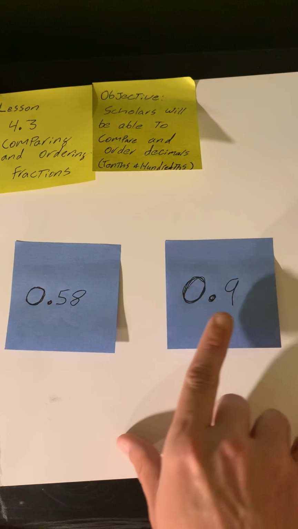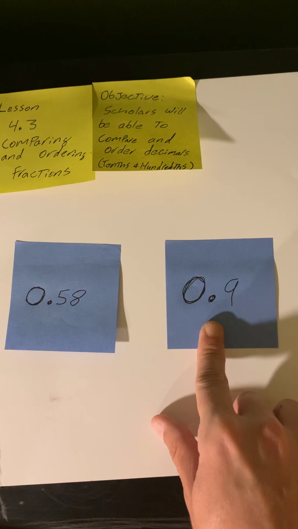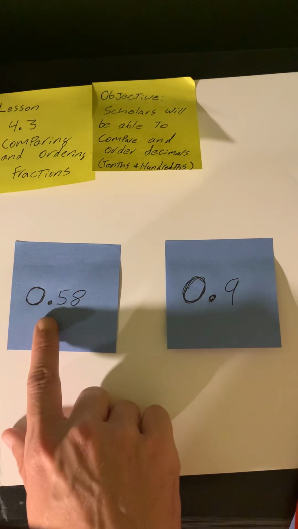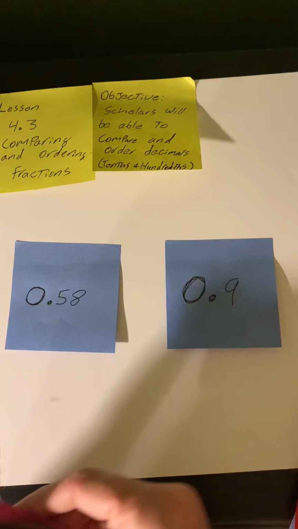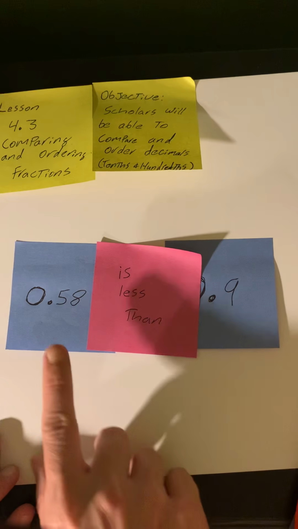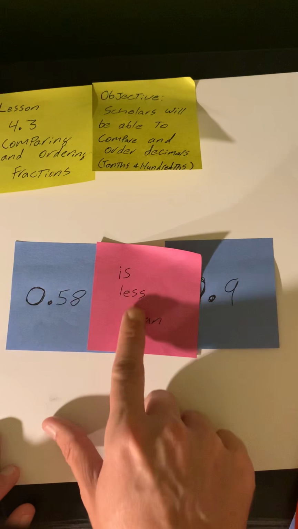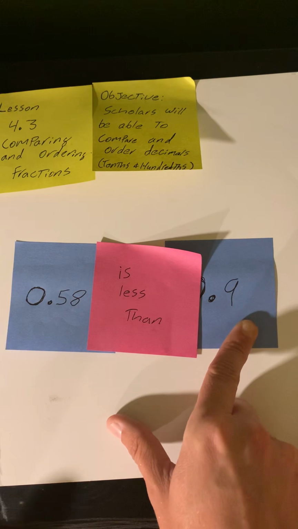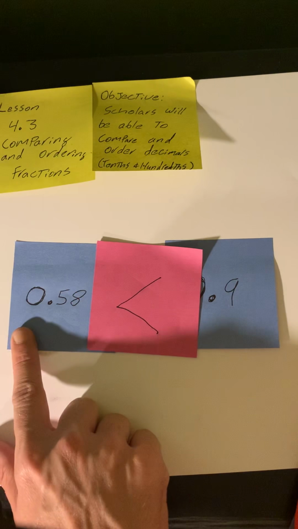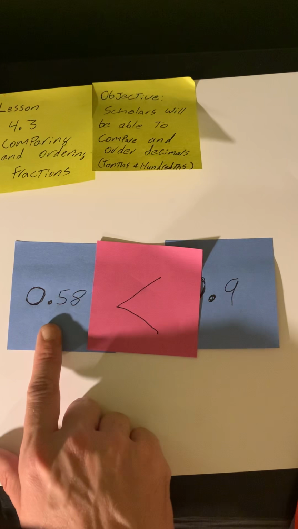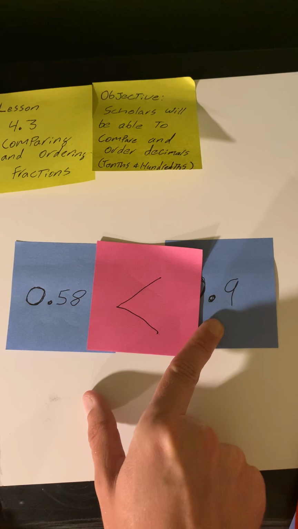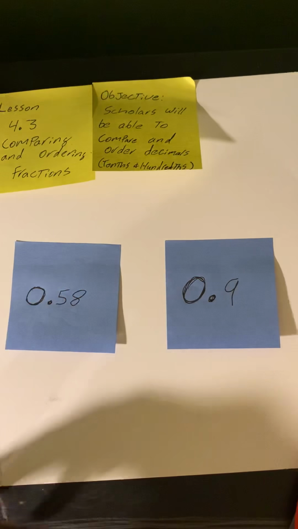However, because I cannot rearrange how these numbers are, the way I need to phrase this is 0.58 or 58 hundredths is less than 9 tenths. I can also show that by putting this symbol here, which says the same thing. 58 hundredths is less than 9 tenths. Okay? So stay with me